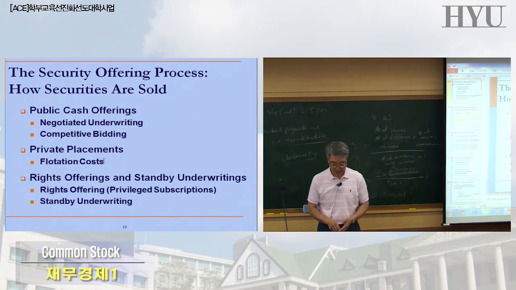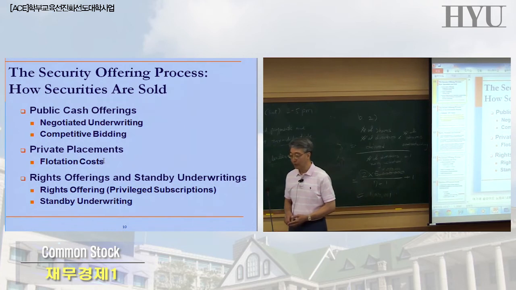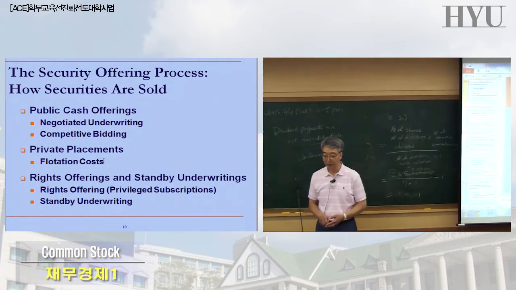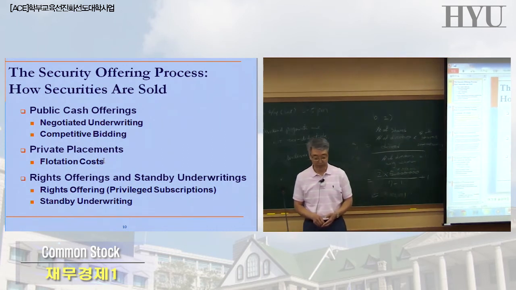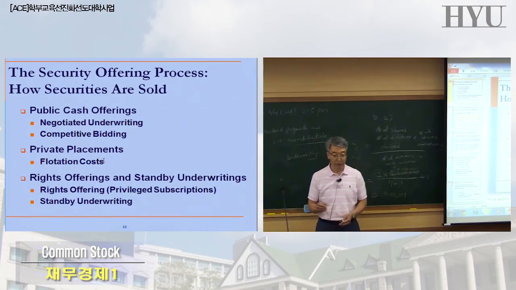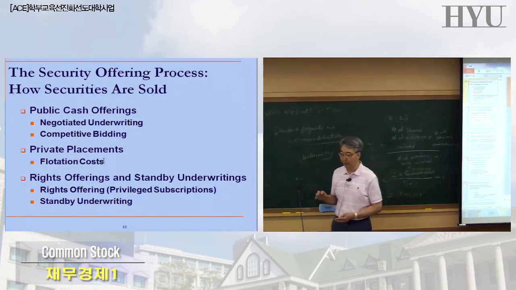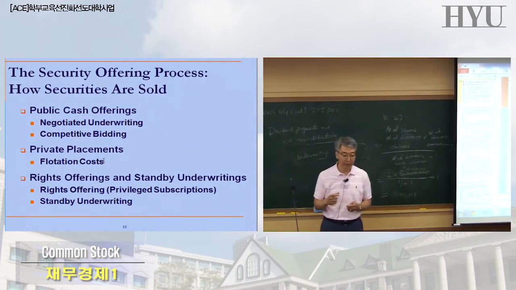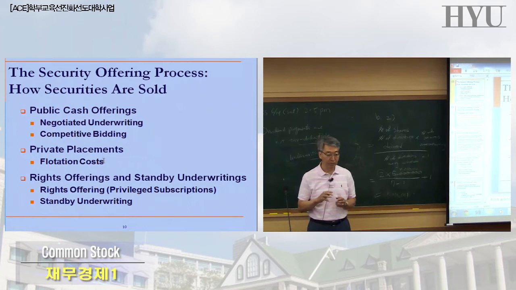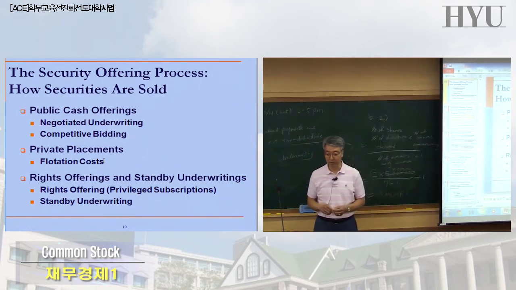Anyway, if LH in Korea would issue any of their stocks or bonds, I'm pretty sure they'll have to use competitive bidding instead of going through an investment banker. Of course, investment bankers can participate in competitive bidding. But instead of negotiating directly with the company, you have to go through the public bidding process. You know what the bidding process is, right?